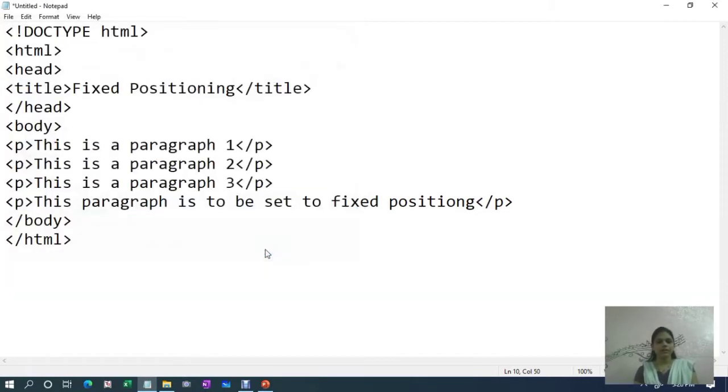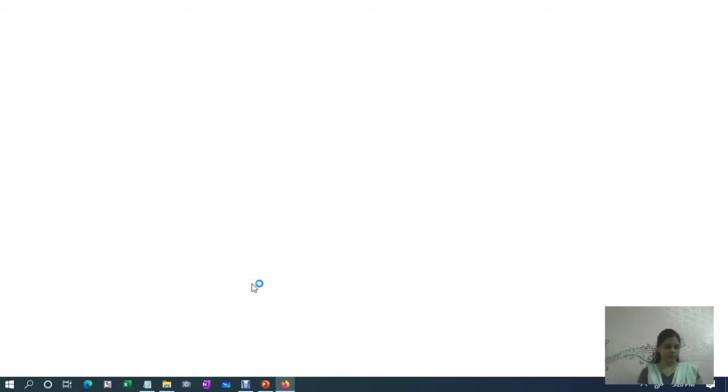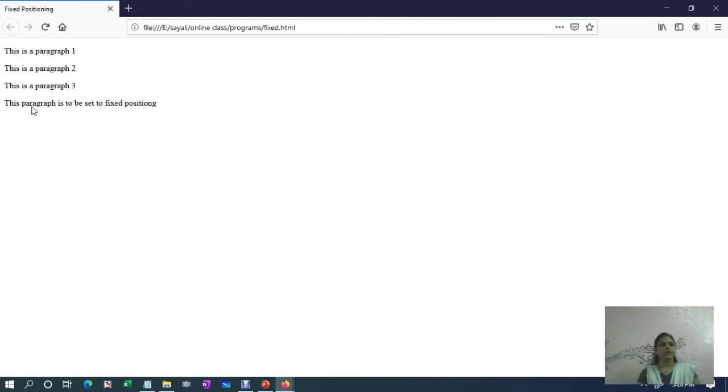After that, save the program and open that file. See here, this is paragraph 1, this is paragraph 2, paragraph 3, and this paragraph is to be set to a fixed positioning.